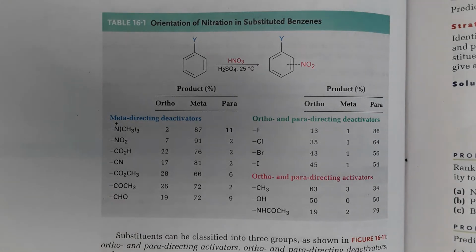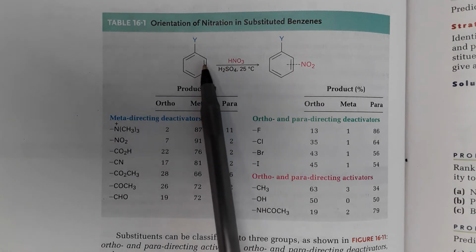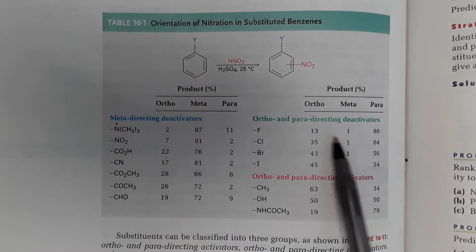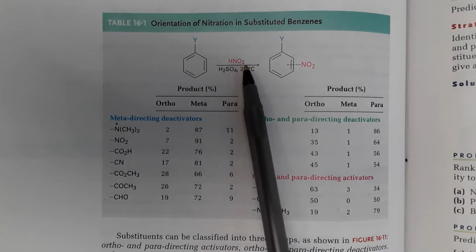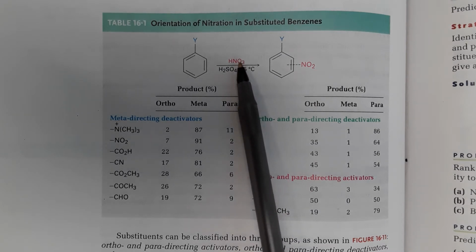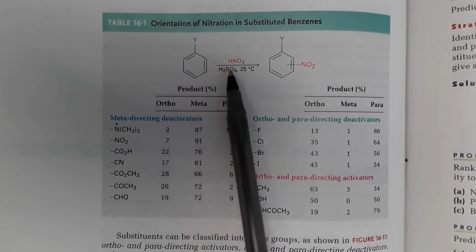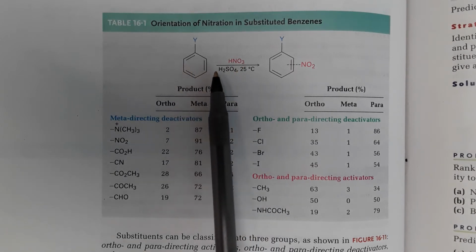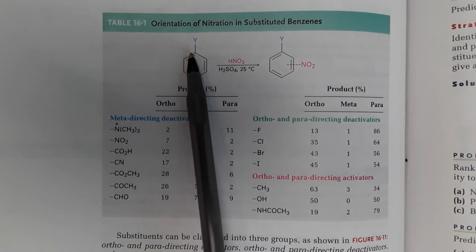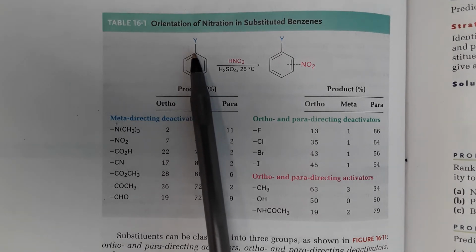Let's look at what we mean by a group being an ortho-para director or a meta-director. This Table 16-1 on page 494 of your textbook summarizes this nicely. We have over here on the left side, well, first of all, this is all relative. These numbers here are relative rates of reaction adding a nitro group onto benzene, or benzene where there is some sort of substituent that's already attached onto the ring. And so we know that if that substituent is a